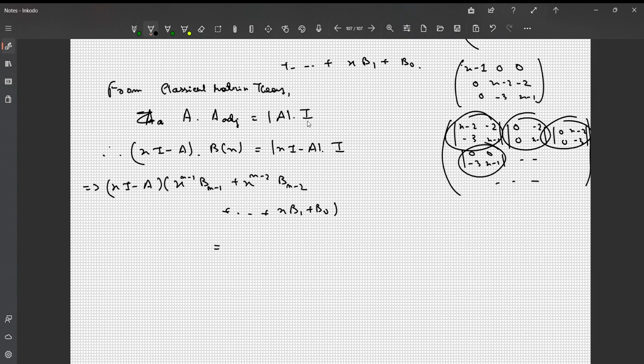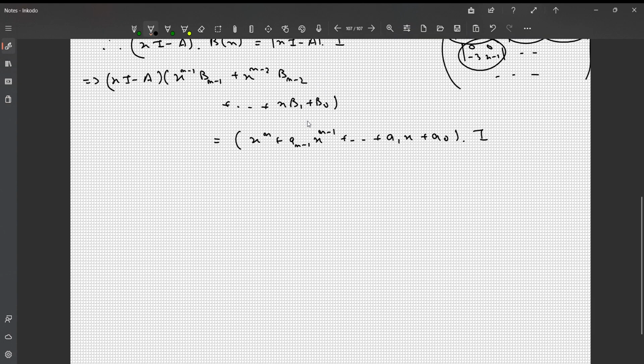And on the right hand side we have the polynomial of xI minus A, which is exactly the characteristic polynomial. So it's of the form x to the power n plus a_{n-1} x to the power n minus 1 and so on till a_1 x plus a_0, times the identity matrix, right? So on either side, I compare the coefficients